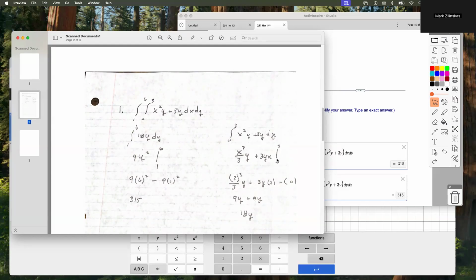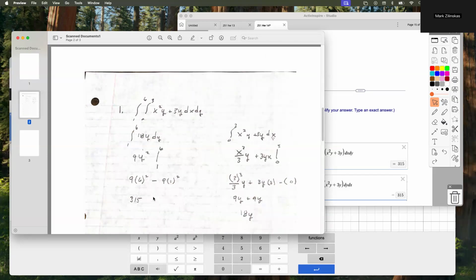And then I just replace, again, the x's with 3. And I just put 0 here because we're going to get 0. I didn't show the substitution, but I think it's pretty obvious we're going to get 0 in this expression when we replace the x with 0. Okay, so I end up with 18y. What I'm saying is this is equivalent to 18y. So I'm going to replace this now with 18y. I put the 18y in there to find the antiderivative, evaluate it using the fundamental theorem, and I get my